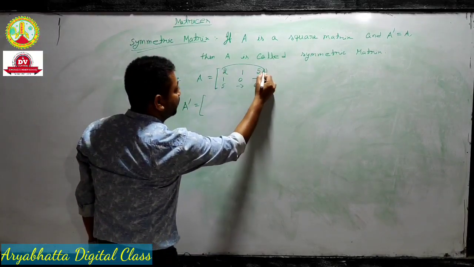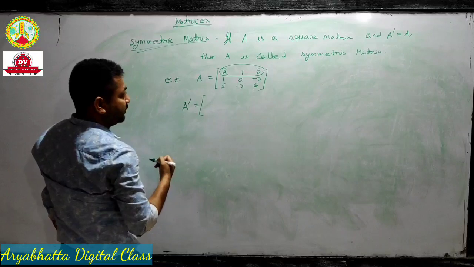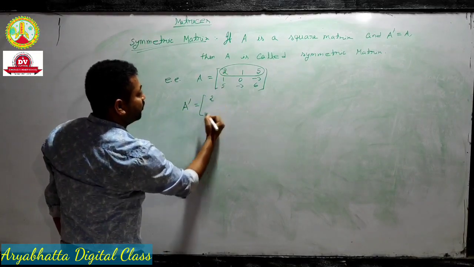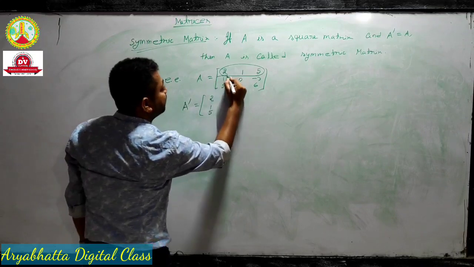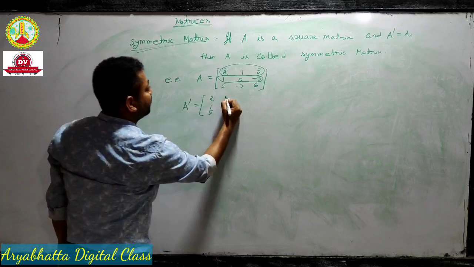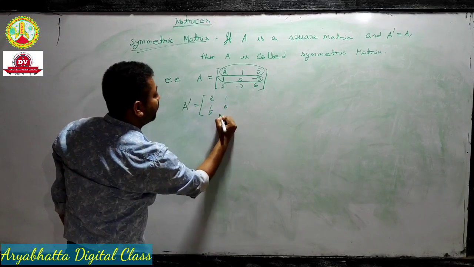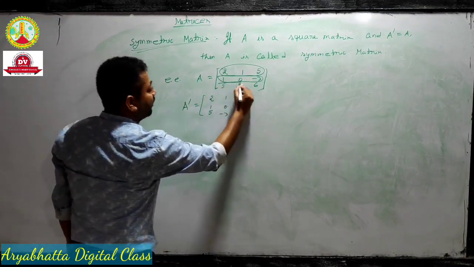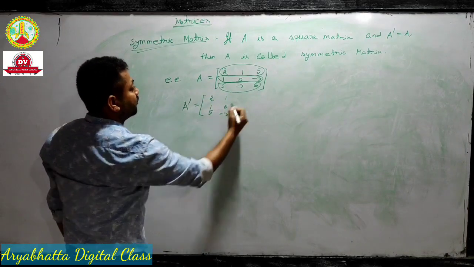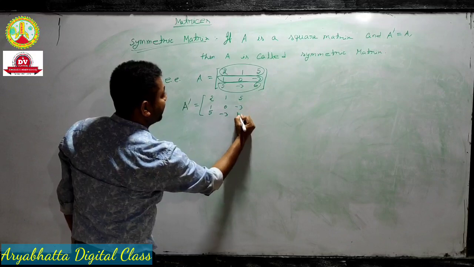Therefore, the first row interchanges into first column 2, 1, 5, the second row into second column 1, 0, minus 3, and the third row into third column 5, minus 3, 6,